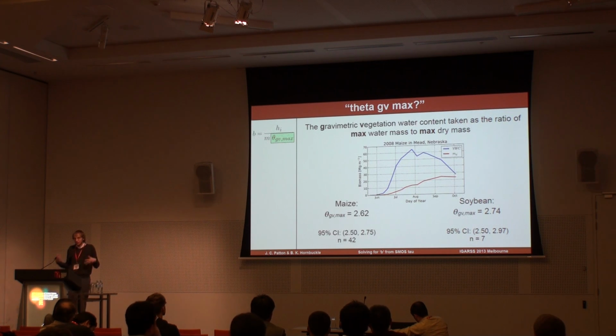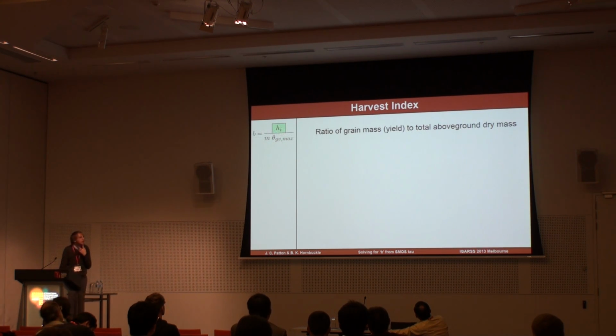But we only had a few data sets to calculate this from so far, so we're not completely sure about the stability, so I've got some confidence intervals here. And we definitely need more data on soybean. Nevertheless, we charge ahead, and talking about harvest index, so there may be some people here that are familiar with